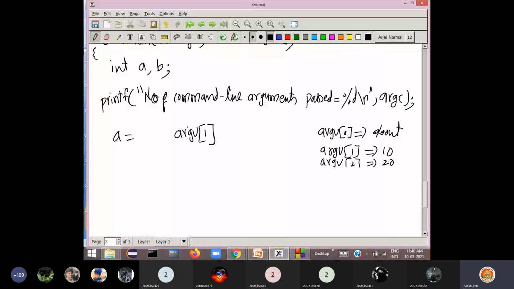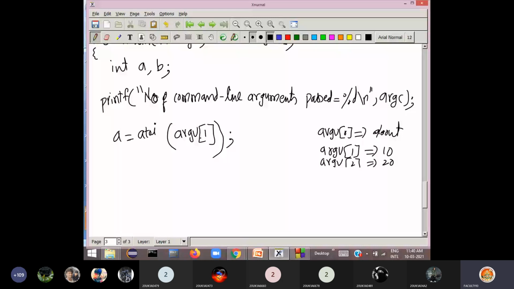For that purpose, you have to use a function called atoi, a single word, which means ASCII to integer, that is, string to integer. So the 10 taken as a string will be converted into a number and then stored in A.